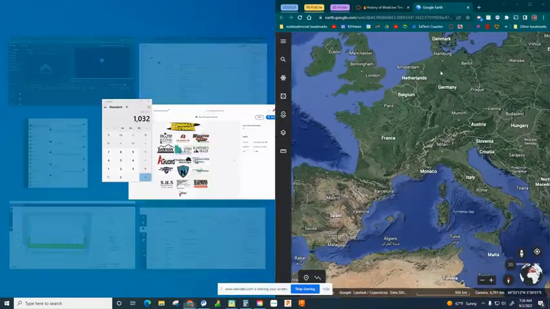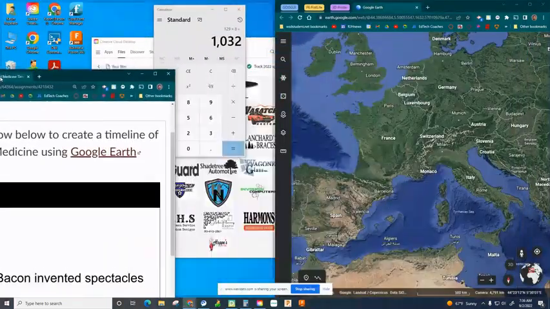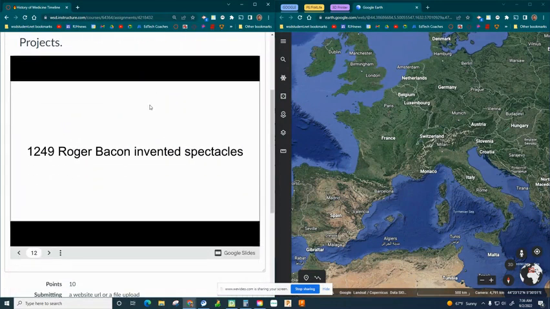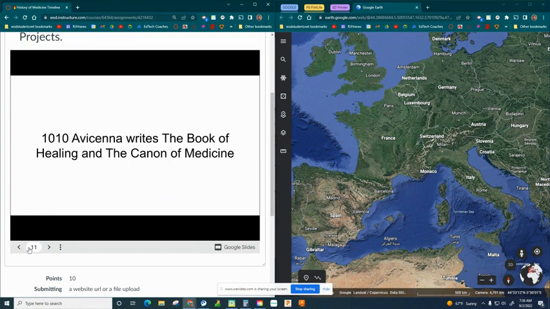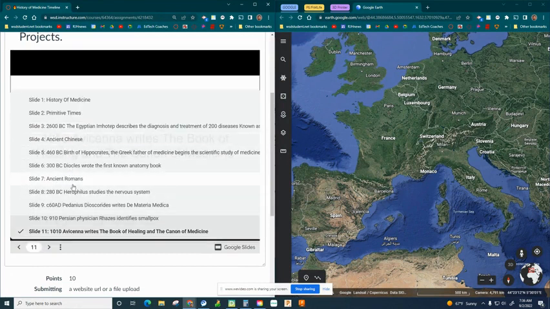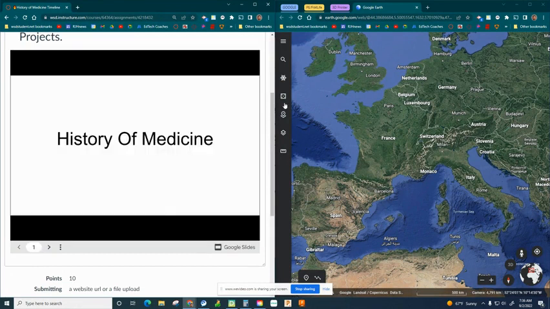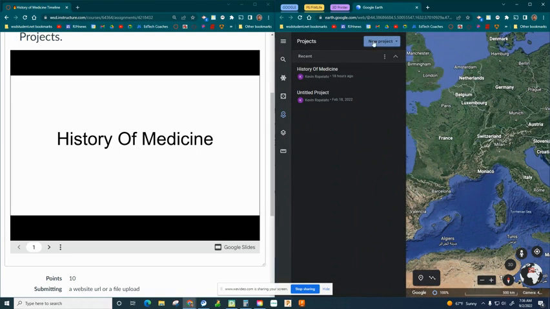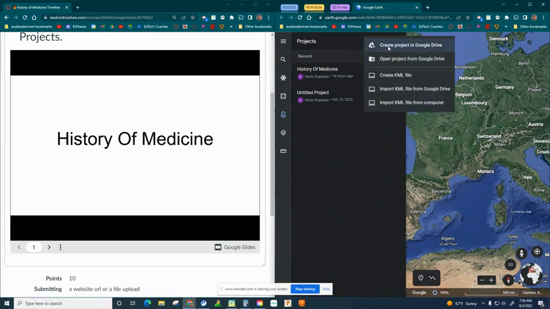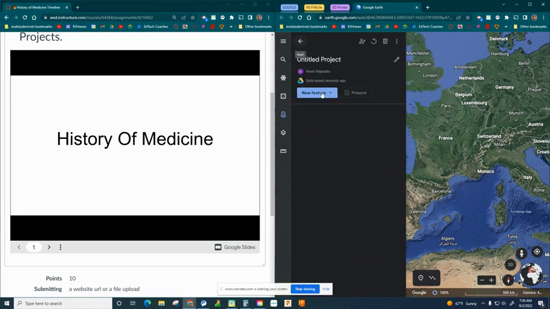Okay. So over here, okay, if we split screen, now we can see where we're at. So I'm just going to go back to the history of medicine. Now in Google Earth, if I look over here on the side menu, I'm going to click on Projects and New Project, Create Project in Google Drive, select New Feature,